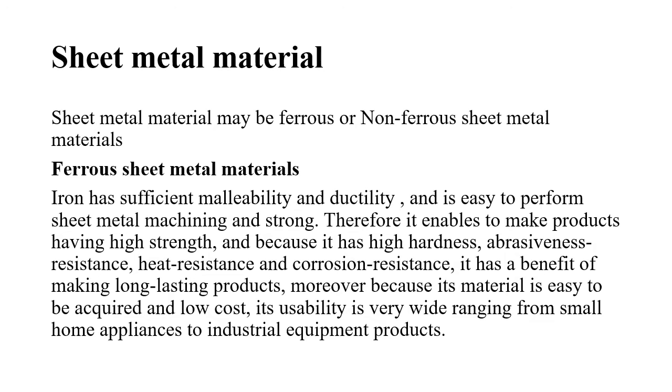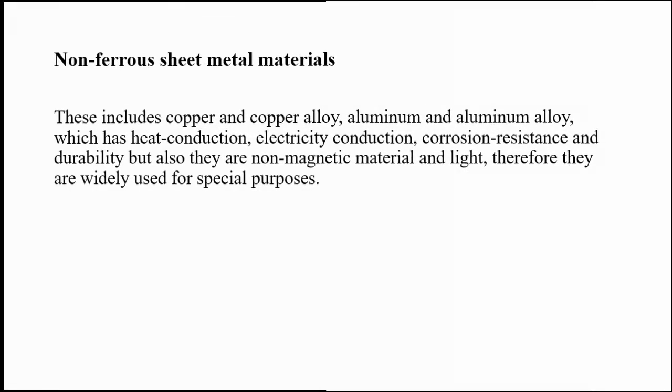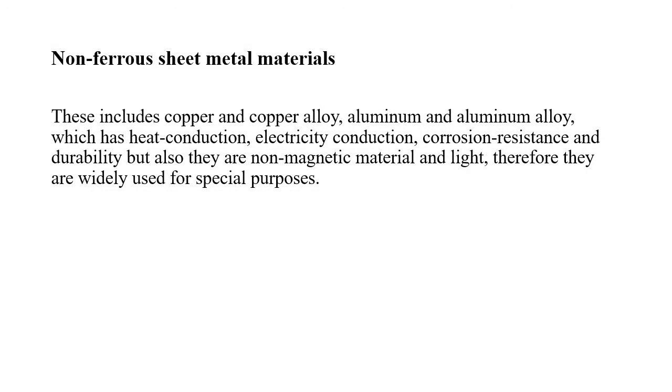We cannot forget that these materials are long lasting. It means they are durable. They can be used for a very long time. So it is the reason why they are used to make home appliances, and for special purposes. For example, when you make aircraft, when we need to make something which we do not need to be heavy,